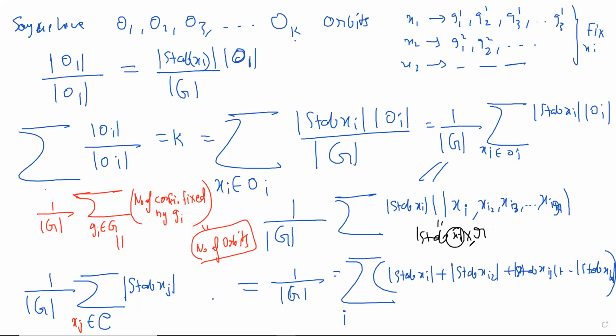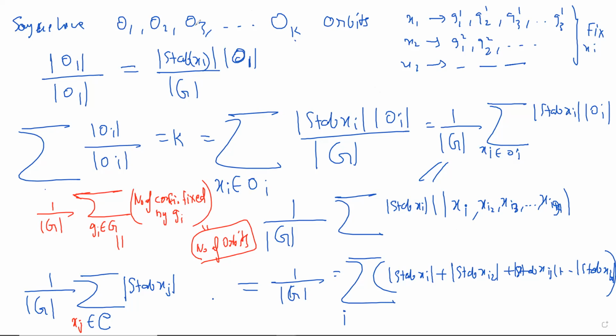This is perfectly right, but it will not help you move to the next step, and you'll never get there if you don't distribute it to every element of the orbit. Going from this step to this step, I'm heavily using the fact that if you are in an orbit, then all the elements have the same stabilizer size. All this is happening because it's a group. If you're acting by monoids or non-invertible functions, these things don't happen. Then the theory is much more complicated and goes into semigroup theory, Green's theory, and so on.